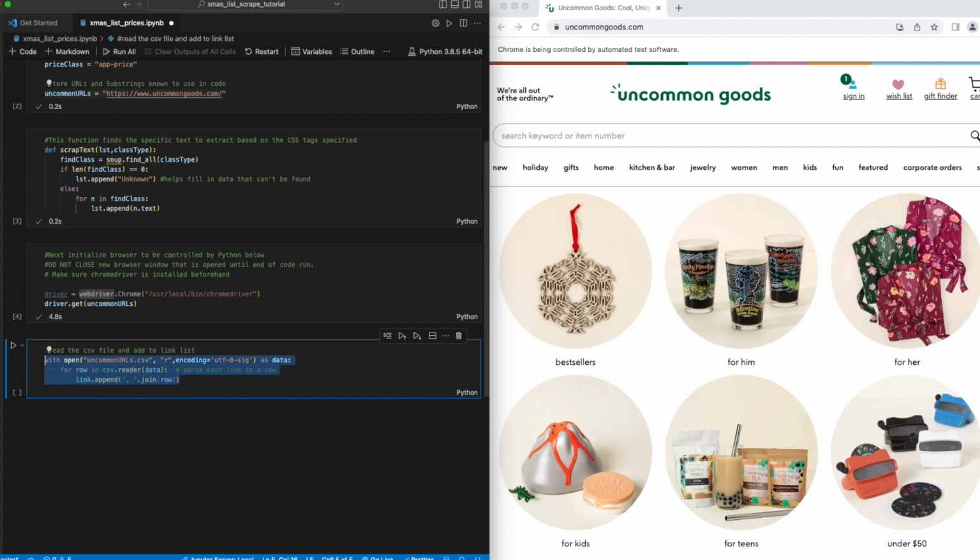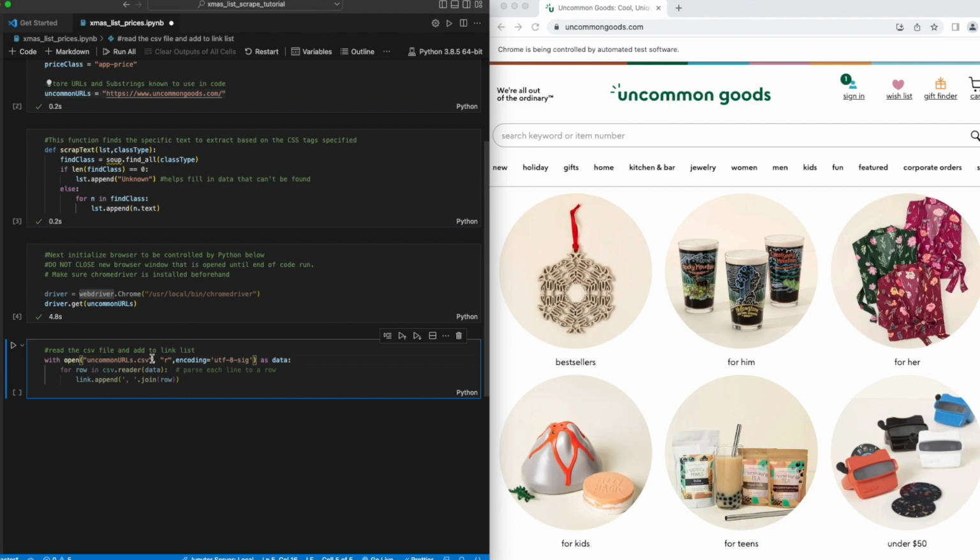And this code will be one of the first that will pop up. Basically, the thing you will change for yourself, since this is from the CSV library, is the name of your file. I have my file name as uncommonurls.csv. A quick note: if your file is not in the same folder as this Python file, you have to list out the full